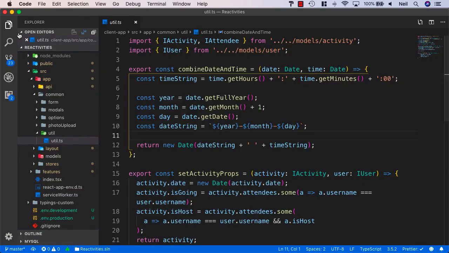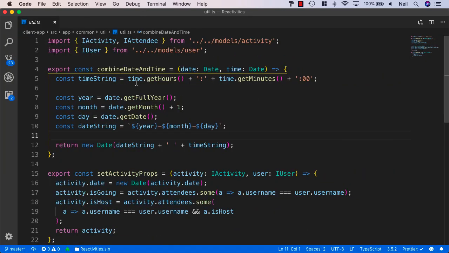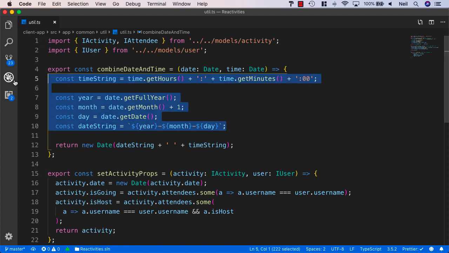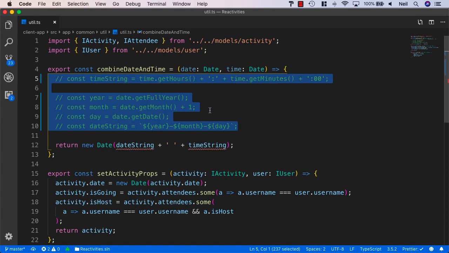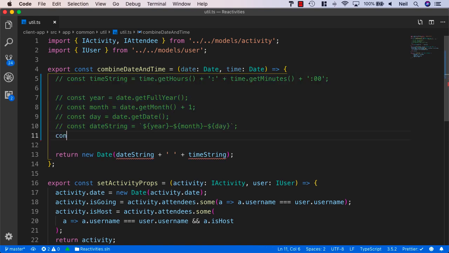And let's take a look at what we're doing right now. So currently we're getting a time string which is made up of the time plus the minutes plus 00, and then we're doing the same thing but we're going about getting the date and time with the full year, get month and get dates. So in order to correct this, let's make some changes, and I'm just going to comment out what we've got up here. And what we'll do instead is we'll get the date string